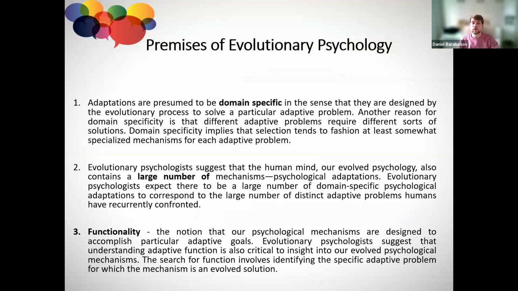In our last lecture, we started to discuss evolutionary psychology and how the findings done in evolutionary psychology can benefit personality psychologists. So how can we study personality based on the intersection between evolutionary psychology and personality psychology? So we discussed premises of evolutionary psychology. And in this video, we need to discuss the main findings of evolutionary psychology, which would be applicable for personality